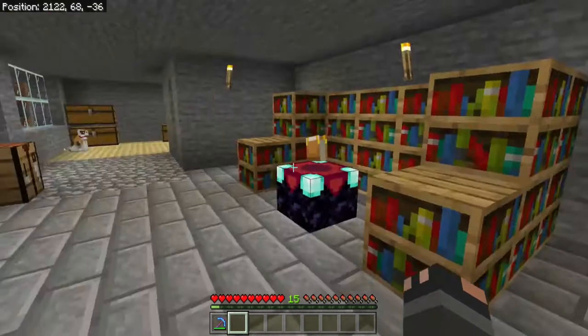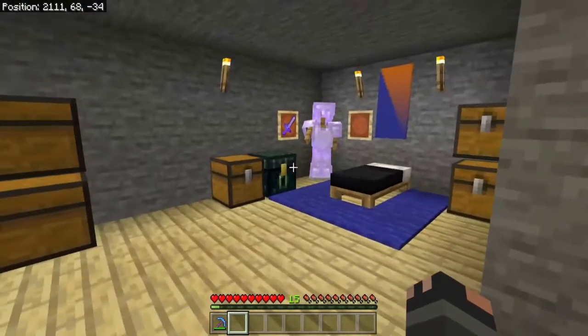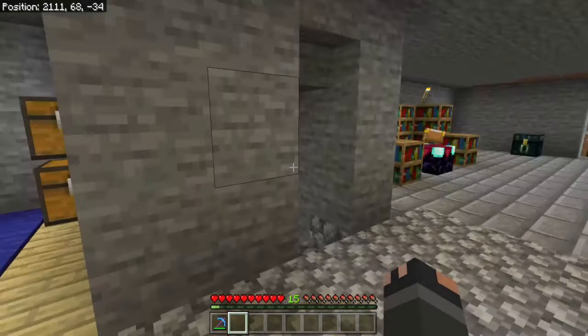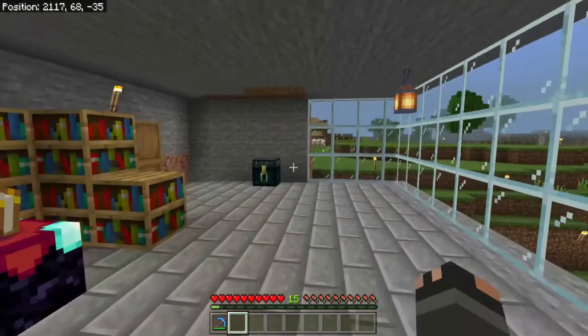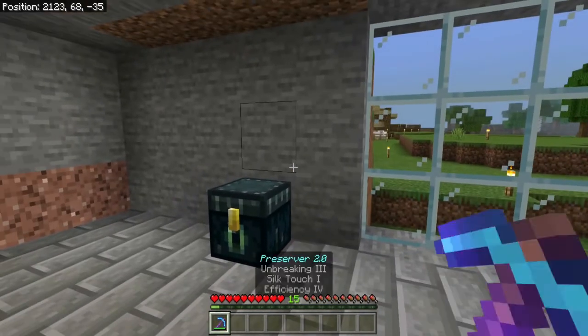I always leave one here in my base. Usually, in my regular survival world, I actually have a treasure vault that I built, but I always leave one right there. But the other caveat that you must remember with an ender chest is that it does require a